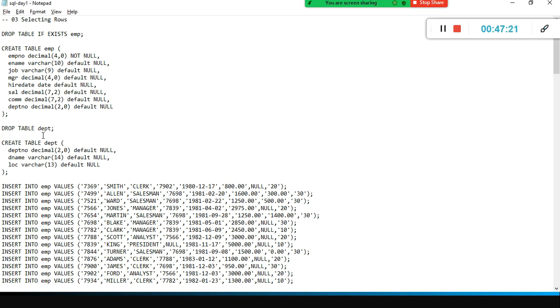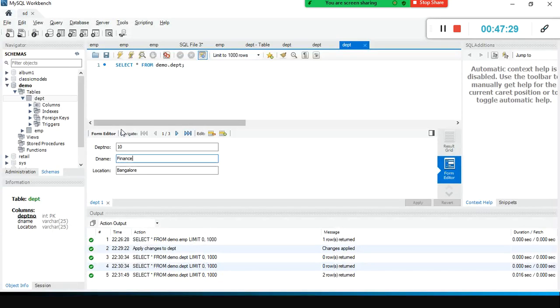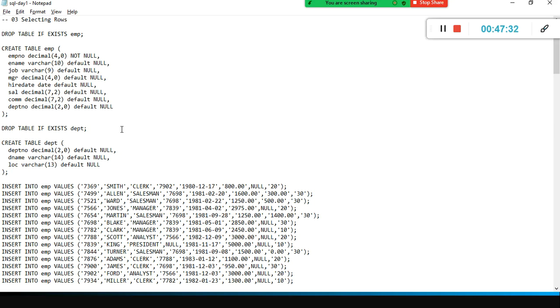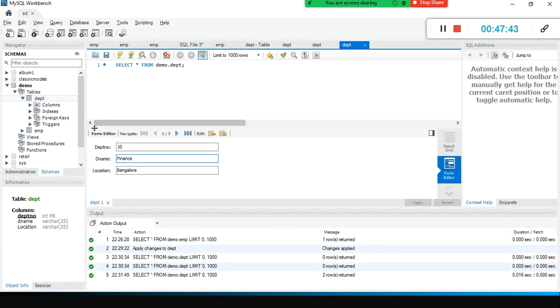So now you understood how to create a table, how to drop a table, and how to insert values into a table. Drop table is a very sensitive command. Don't ever use it carelessly. Even in real time, you need to think 10 times before you drop a table. Some tables will have millions of records. If you give it mistakenly, the entire data will go away. Many people use it, especially in banks. Everywhere it is critical now. Even in social media, the data is very critical. So you need to be very cautious when you use the drop command.